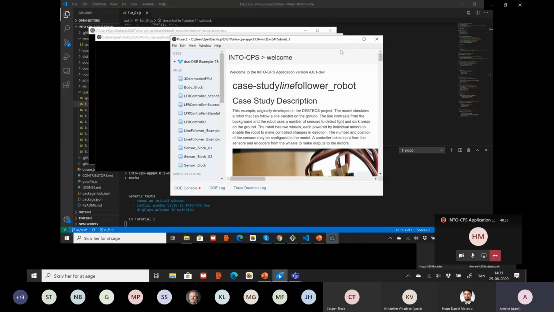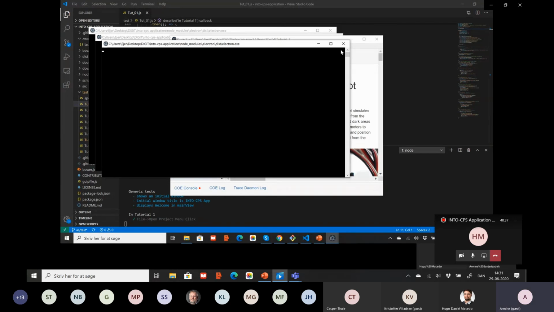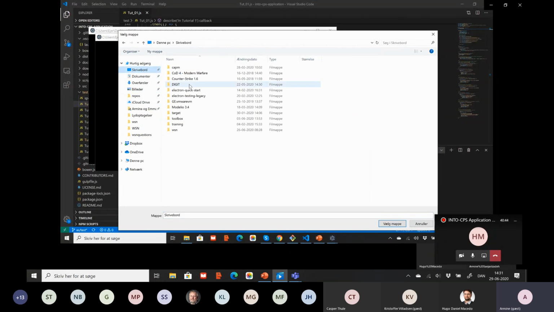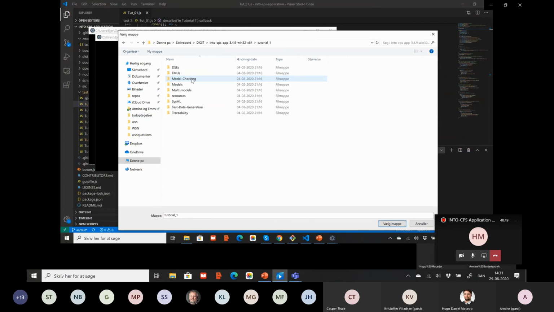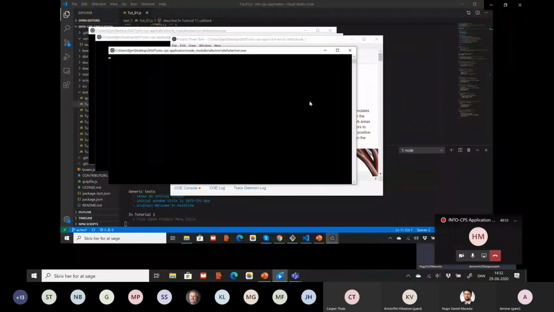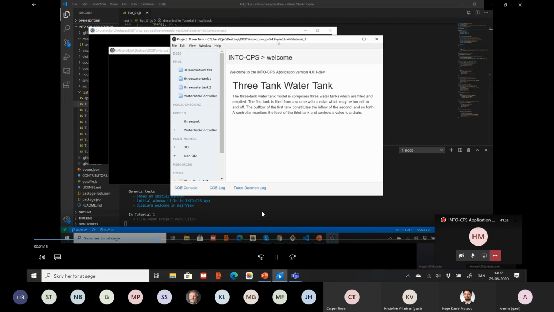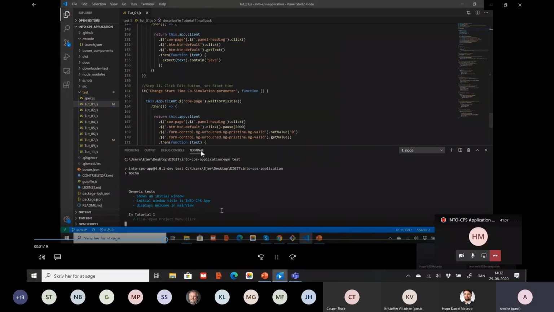In every tutorial, we have to find the project we want to test. This is actually done manually, and we want to automate this part, but all the other tests are automated, as we will see in a sec.